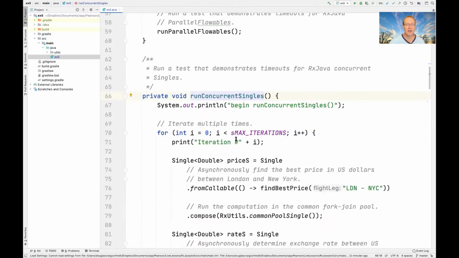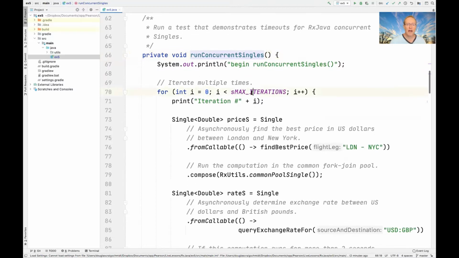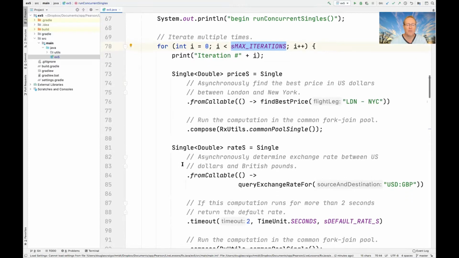And you can see here that we're going to run the test for S max iteration times, which is 5 in this case. And we're going to print out each iteration. What we then do is we're going to go ahead and do 2 things in parallel. So we're going to go ahead and find the best price from London to New York City. And we're going to run that in the common fork join pool using compose. And so this call, this from callable, will run this computation in the common fork join pool in some worker